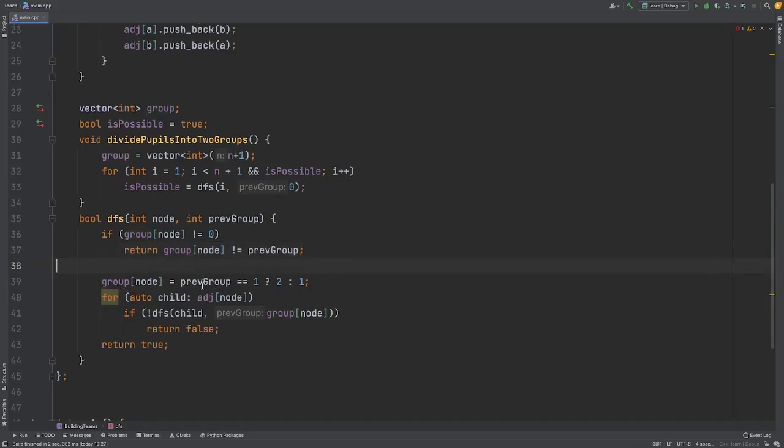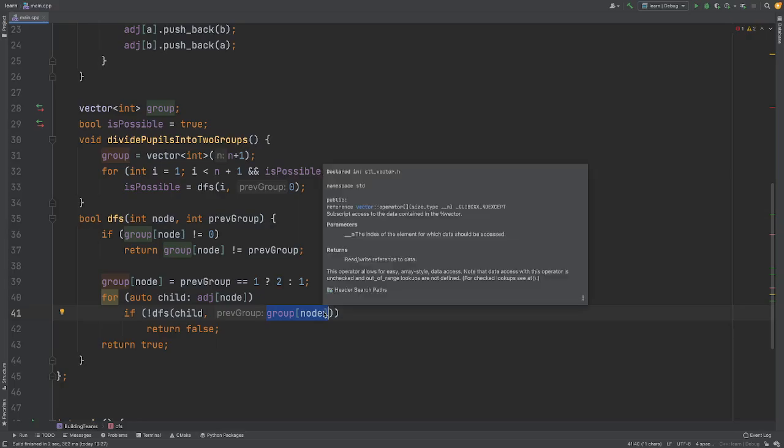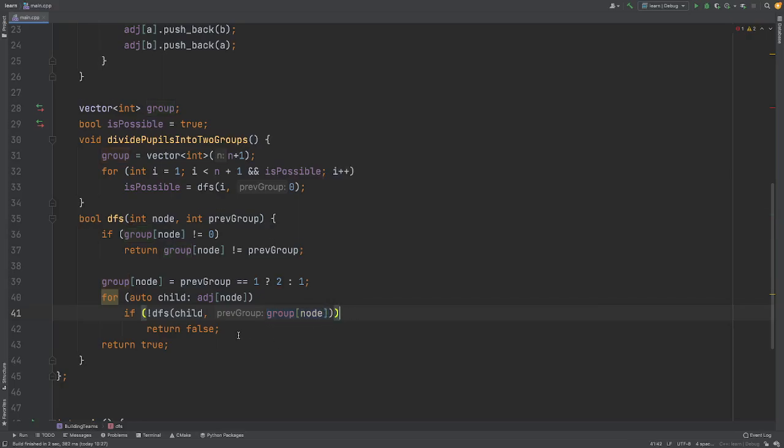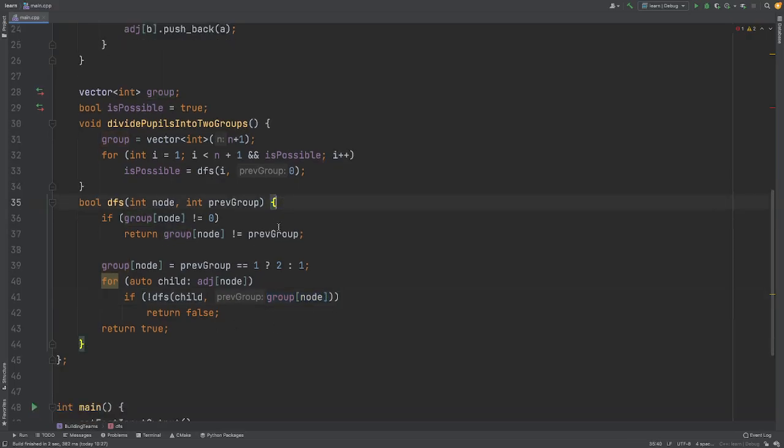Otherwise, we're going to set the group for that particular vertex to something different from the previous group. Okay, so if it was 1, we're going to set it to 2. If it was 2, then we're going to set it to 1. And then finally, we're going to loop through each child of that vertex and then run the depth first search function on the children, passing in the current group we gave to this node as the previous group. So that's the depth first search function.